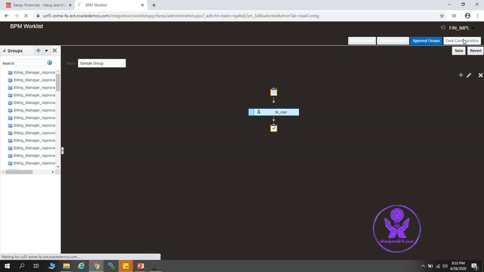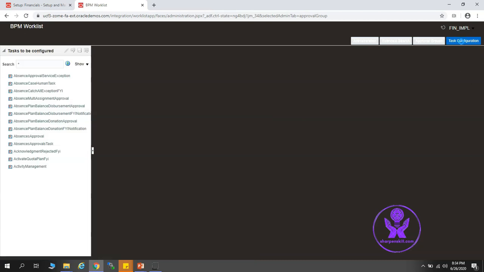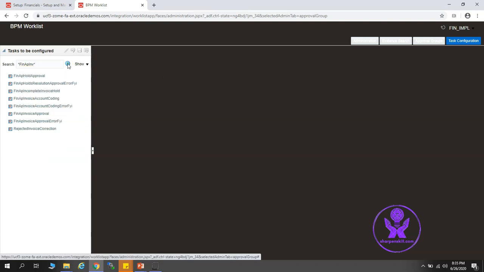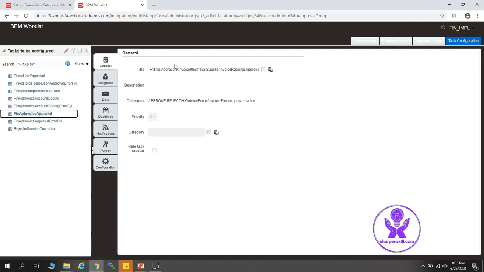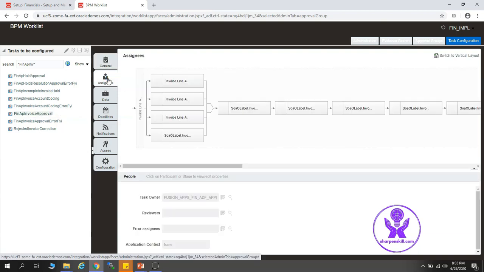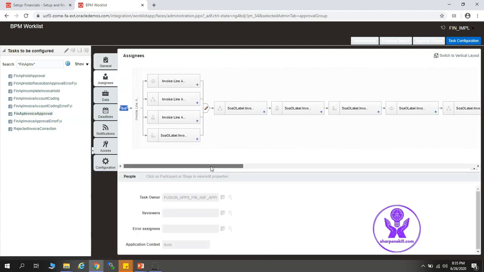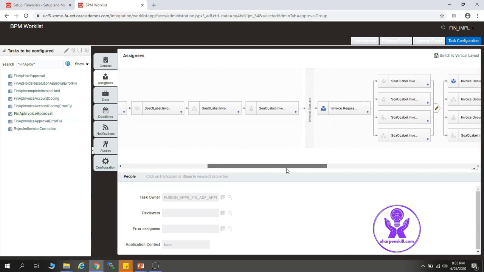Now I'll go to task configuration to execute our workflow customization or configuration. Alright, so it has come to task configuration. Let's search the payables invoice approval. Click search. So here it is. Now let's go to the assignees tab. You can see different stages, right?